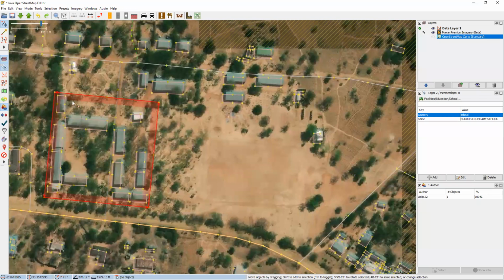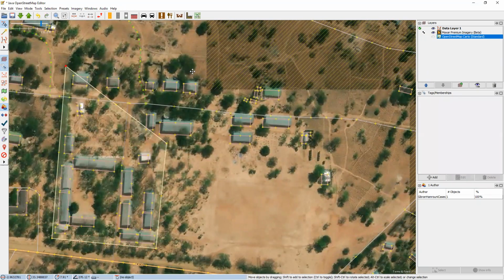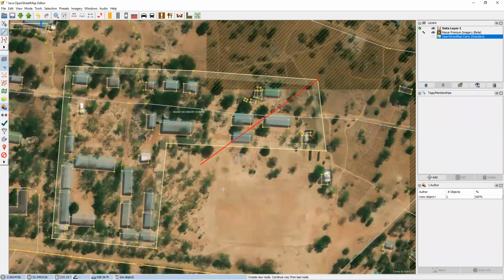Actually, I would suggest that these are the teacher residences, and this school actually is larger. And then we have the football field shown here, and in JOSM, it's pretty easy to create